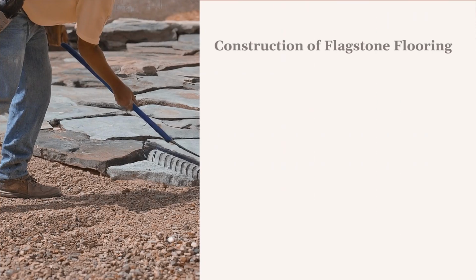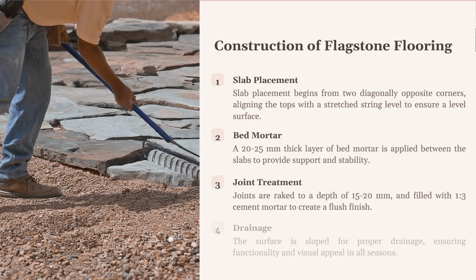Starting from 2 diagonally opposite corners, each slab is laid with precision, ensuring that the top aligns perfectly with the stretched string level. As each stone settles into place, mortar is carefully applied between the slabs to secure them firmly. Any slab that does not meet the string level is adjusted with a fresh layer of stiff mortar, ensuring uniformity